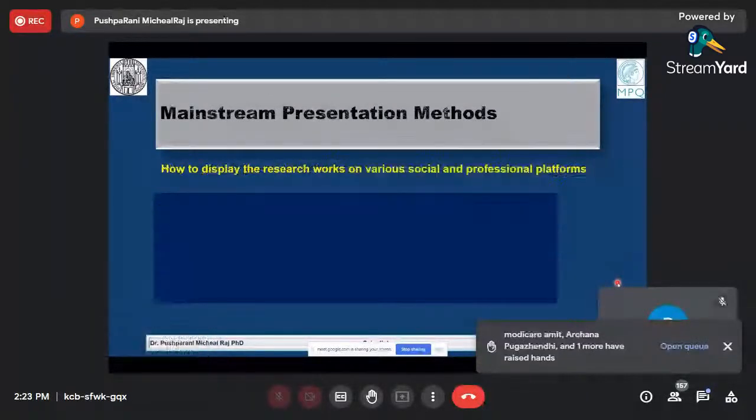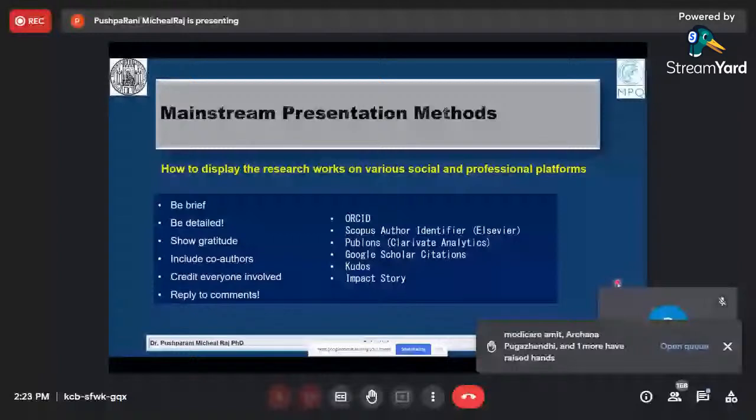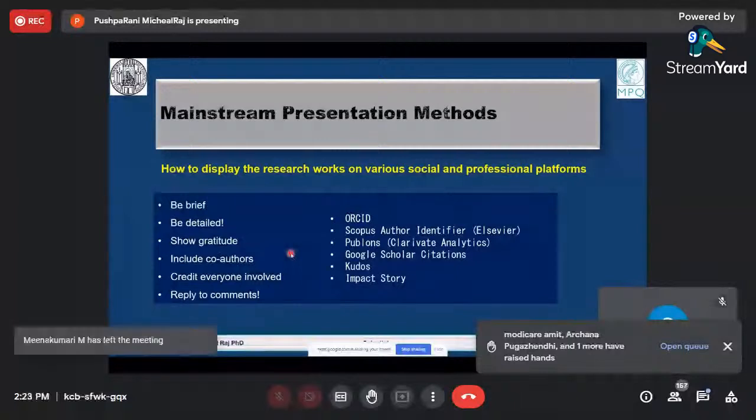And yeah, there are many platforms, as I mentioned before. Try to include all the co-authors. Even if the list is going to be exhaustive, it's okay. But we have to show some gratitude here and credit everyone involved. Sometimes if they have done some small bit of help, like giving some samples or showing some institutions where we could collaborate, such people could be acknowledged in the acknowledgement sections.